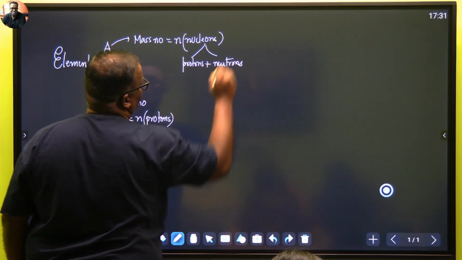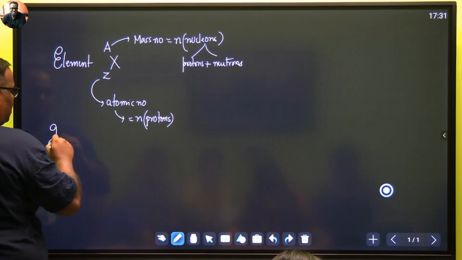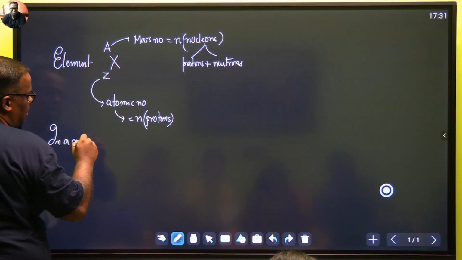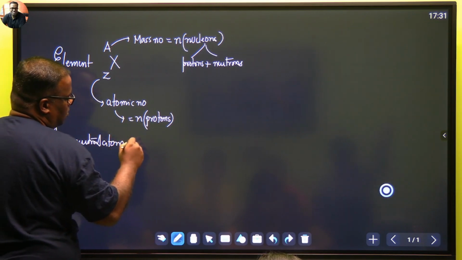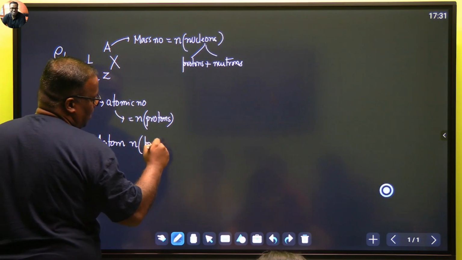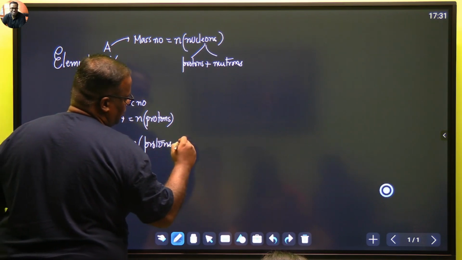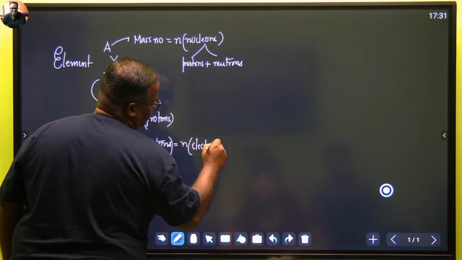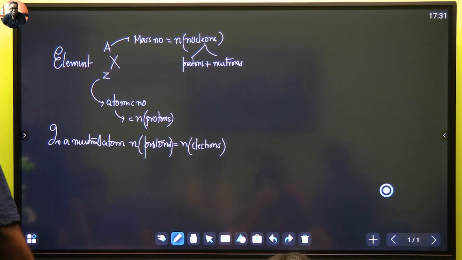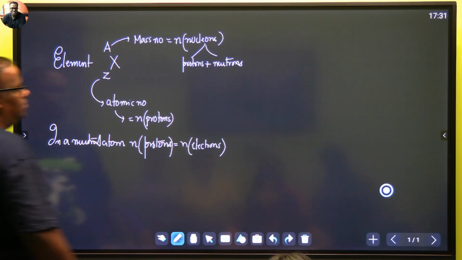Okay. In a neutral atom, the number of protons will always be equal to the number of electrons. Hope this is understood. This is a very important identity that you should know. Okay. For example,